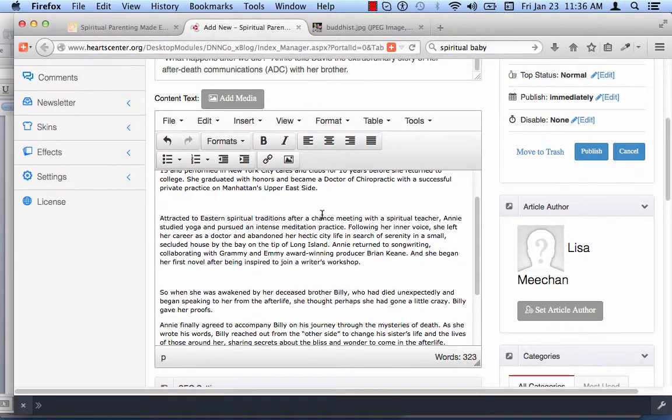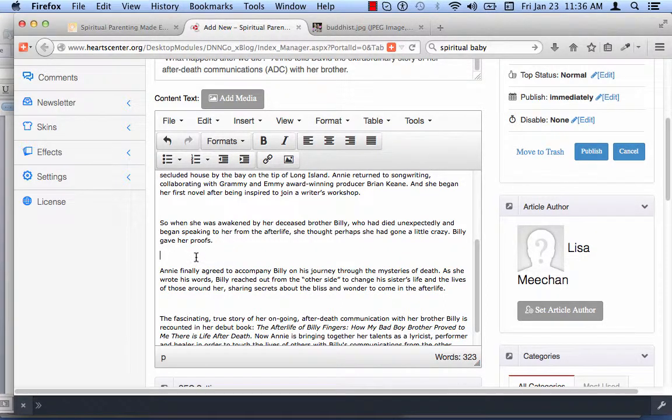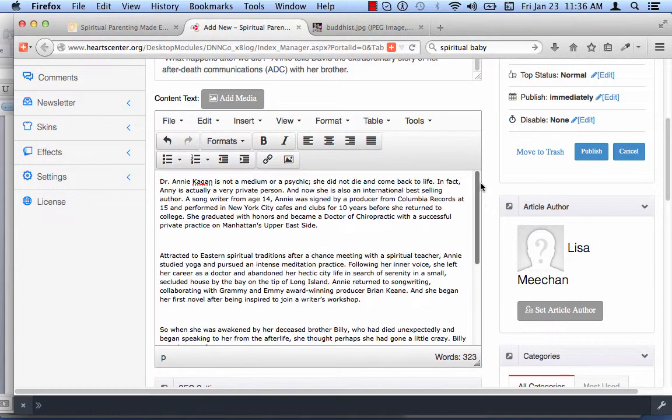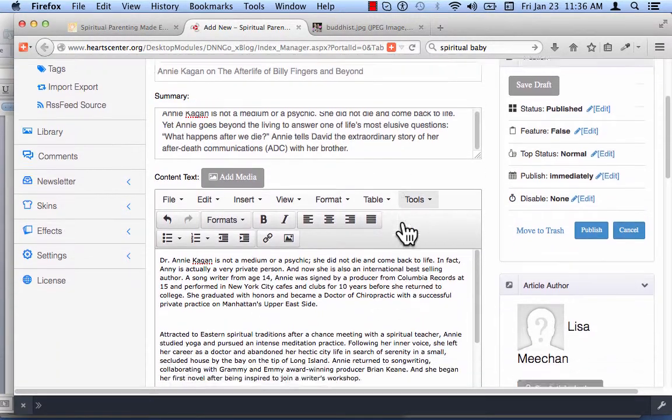That's the correct amount of spacing between these two. It won't look that far apart. And this isn't. That's not enough space, so I'm going to add a space. Now it's correct. And this has all been proofread and ready to roll. So I have my title, my summary, my content,